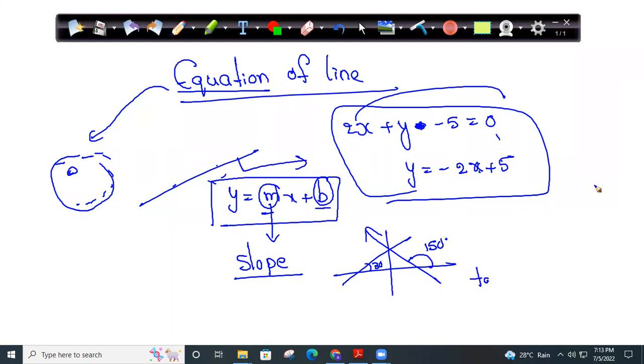More inclination, less inclination. Generally, the inclination is called the slope. That is also not required for me. But what is required for me is